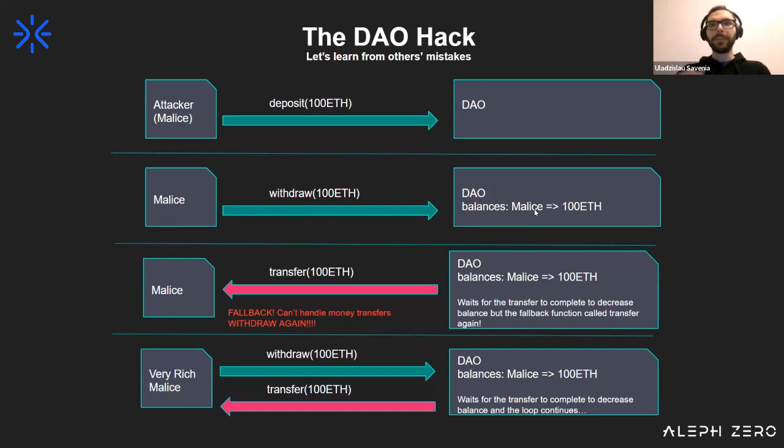So transfer goes first. It waits for receive on Malice's side. It sees no receive method. It falls back. The transfer has already been done, but it did not decrease the balance because fallback basically cancels everything. So it has never even come to decreasing her balance, so she can just call it again and again